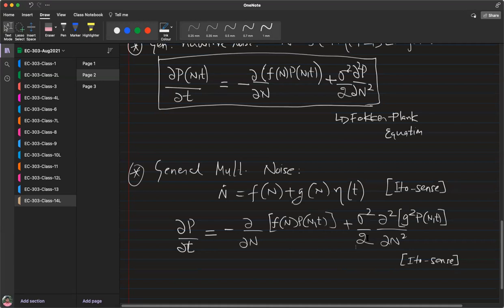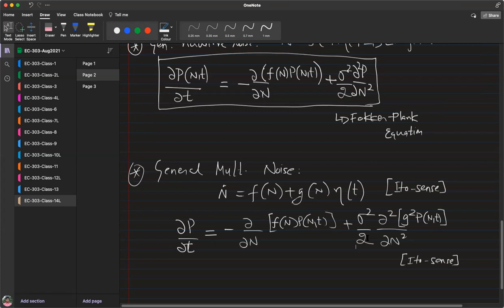I'm just stating the results here. I have not given you any mathematical proofs, but I hope it makes intuitive sense how the deterministic and stochastic terms in the Langevin equation translate to drift and diffusion terms in the Fokker-Planck equation. Remember, Langevin equations tell you how the state variable itself changes stochastically with time, whereas the Fokker-Planck equation tells you how the probability density function associated with the state variable changes over time. Is the distinction clear?